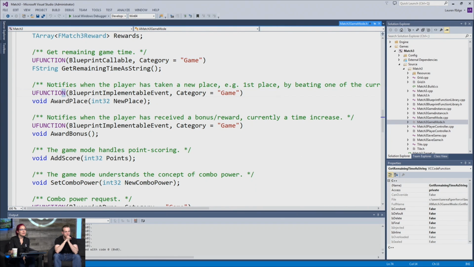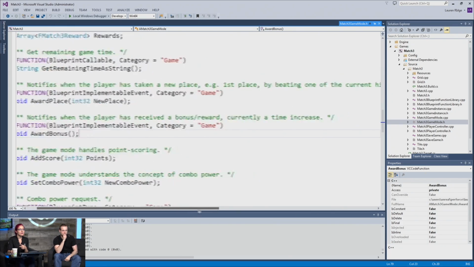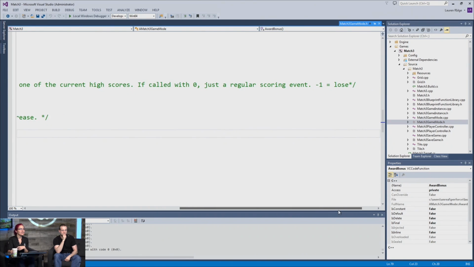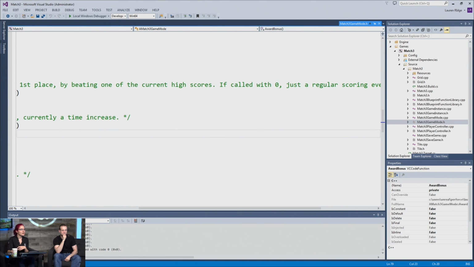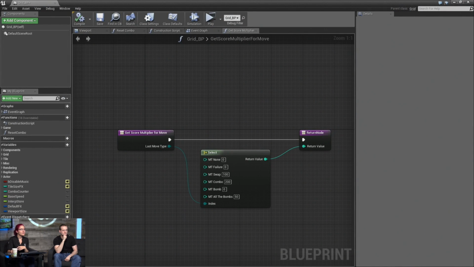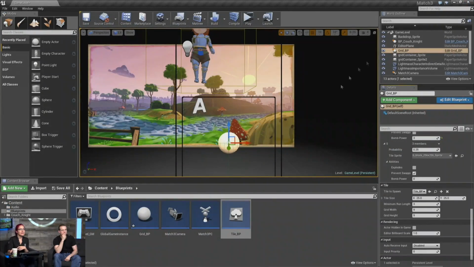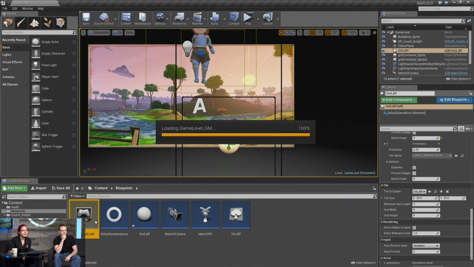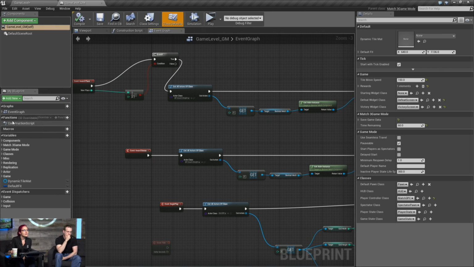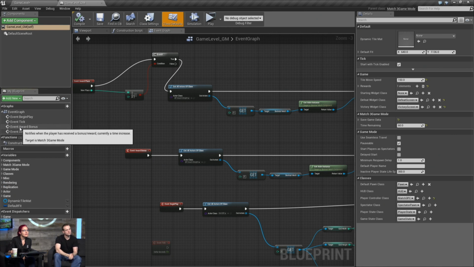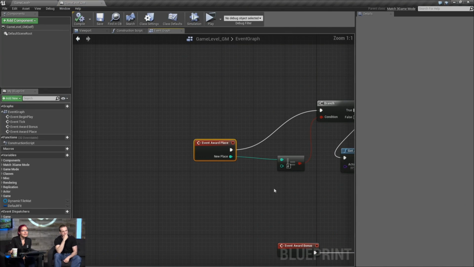These are some other things that are blueprint implementable. This award place is basically called if you take a new place, so first place, by beating one of the current scores. But if you read our comment here, if you call it with 0, it's just a regular scoring event. So on the game mode, let's see the events. Award place, if it's not 0,